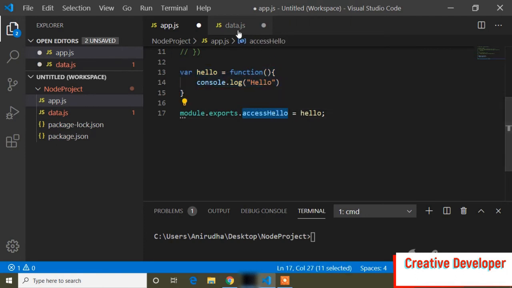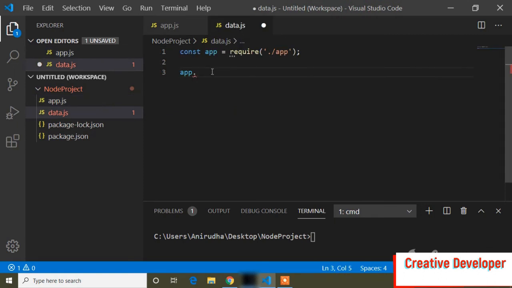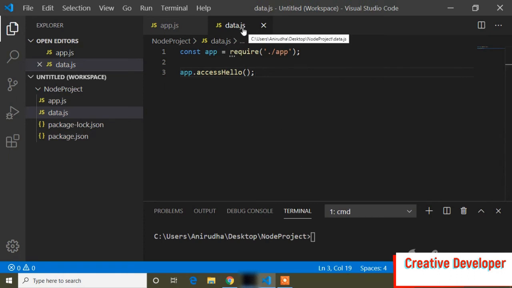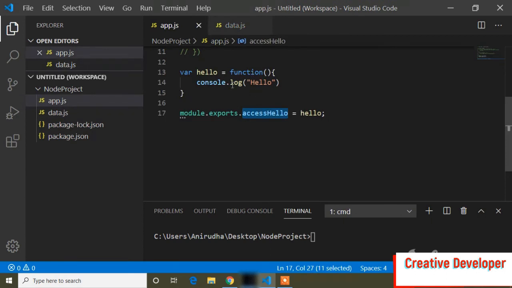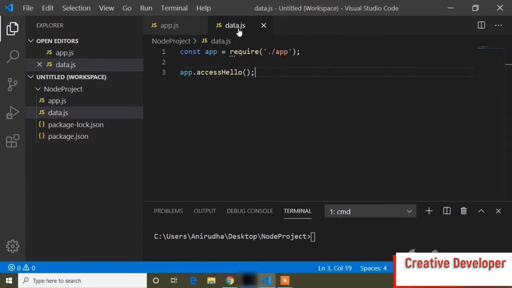So I will copy this and paste it, with parentheses. This is the syntax, and save. Now if I run our data.js file, I can access this hello function. So here I will just run node data.